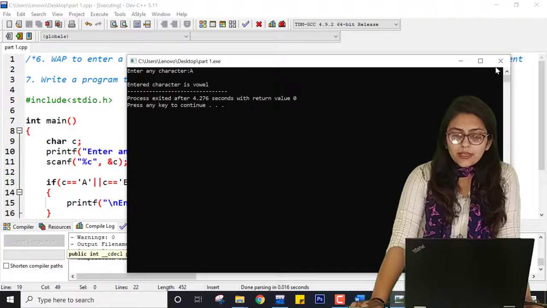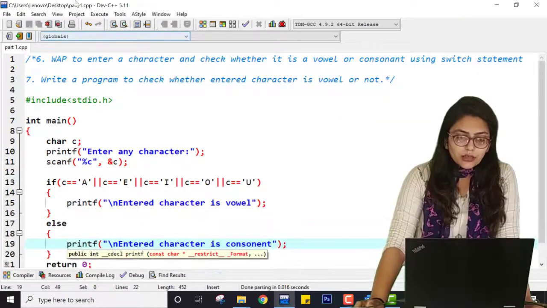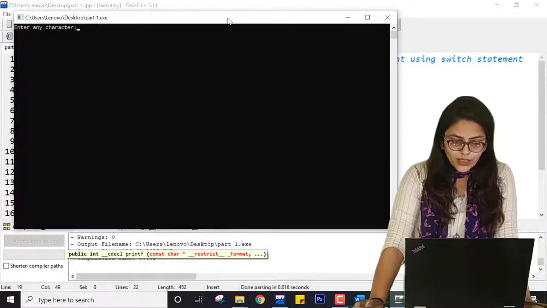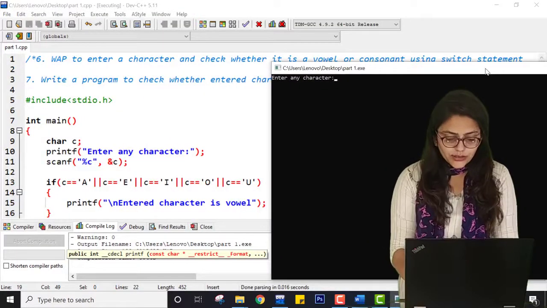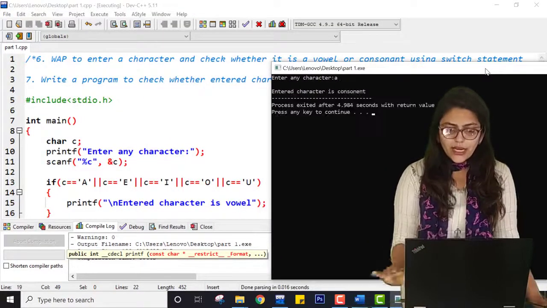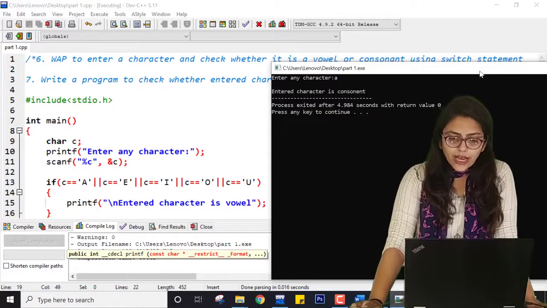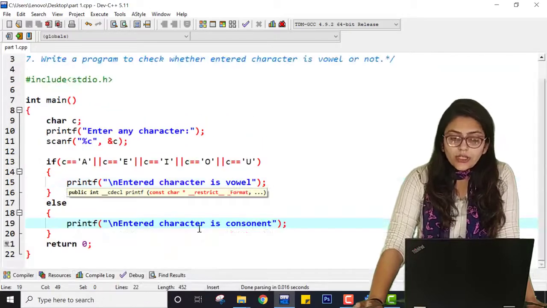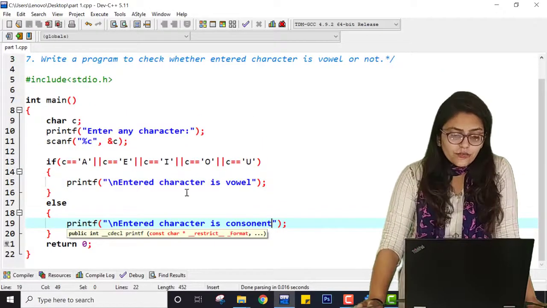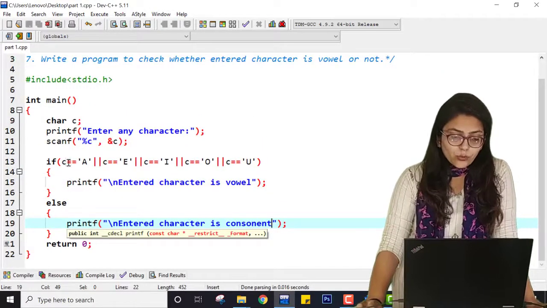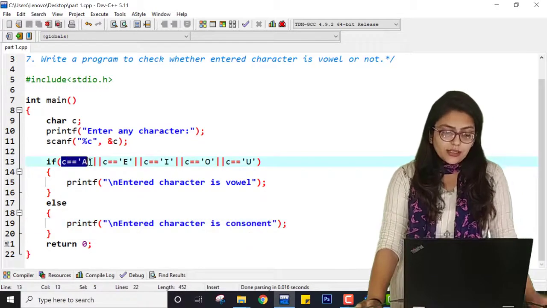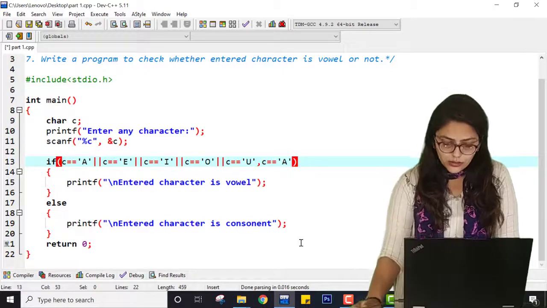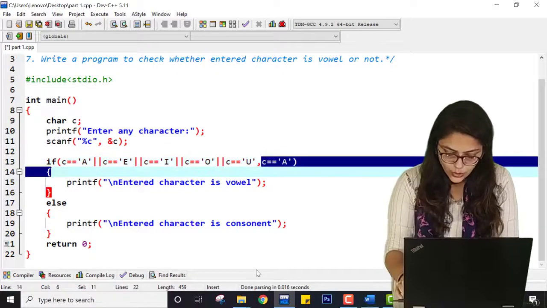But this program is erroneous. Why? Because even if I enter a small a, it will say entered character is consonant, which is incorrect, because C is a case sensitive language, and for a case sensitive language I have to cover each case, like the smaller alphabet and the capital alphabet as well.